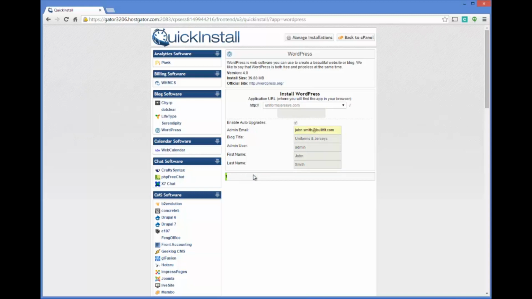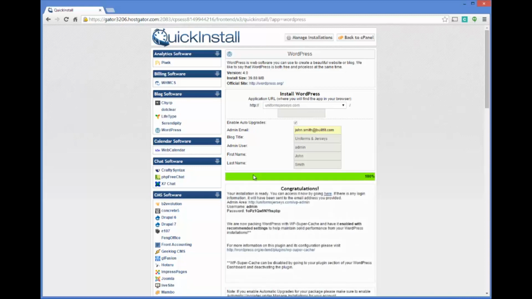So what's going to happen here is while we're installing, notice it's telling me we're at 1% done, and then it quickly gets going. And the reason I call these a quick install is because it truly is a quick installation. So what I'm going to do next is just copy this password that they provide me, and then I'm